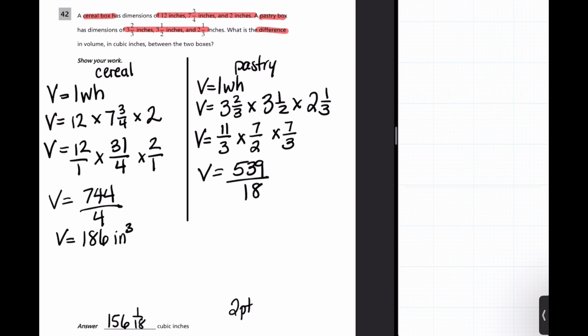Now, here's the kicker. When you do this division, it's going to be ugly because it's not going to be an even number, and it's going to be a weird decimal that you're going to get. So watch what I mean. You're going to see something like this, 29.944, and it keeps on going. So here's the challenge. If you did that,